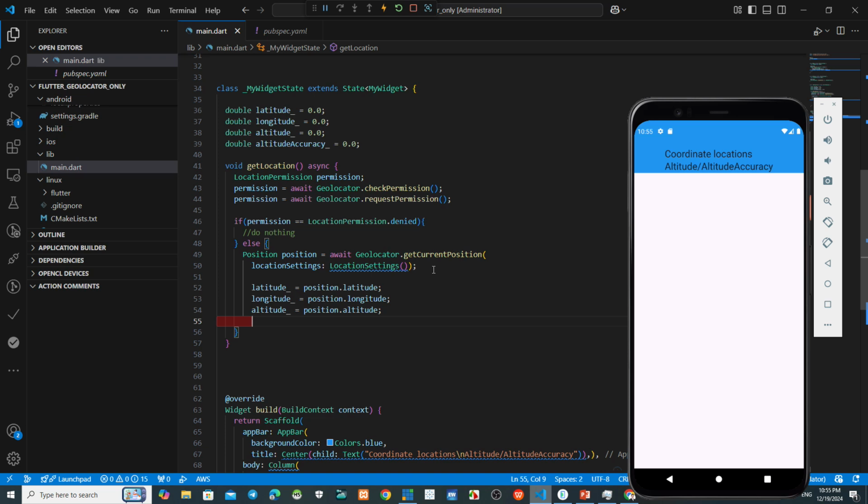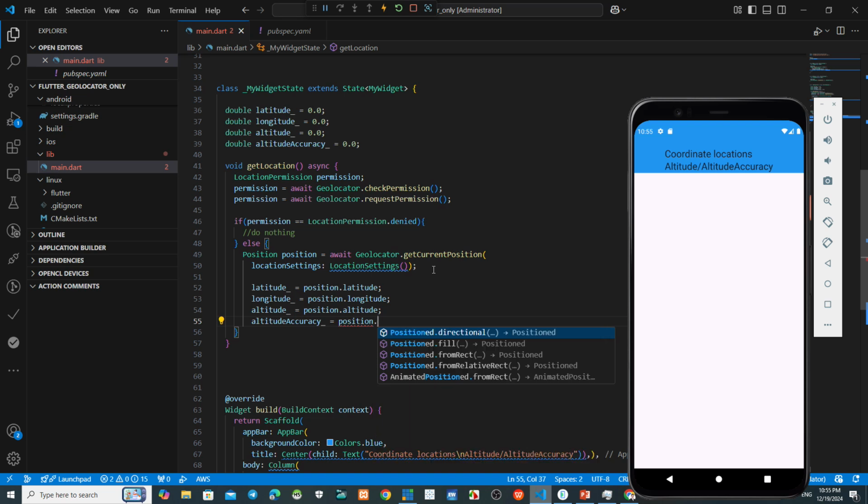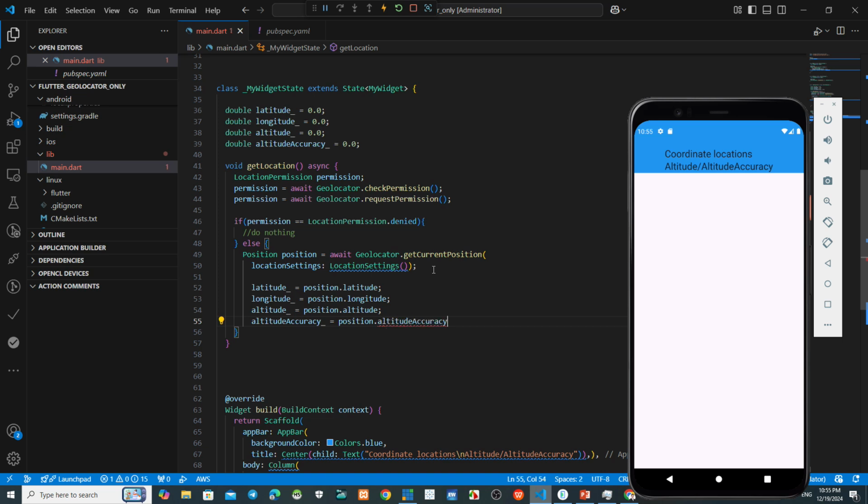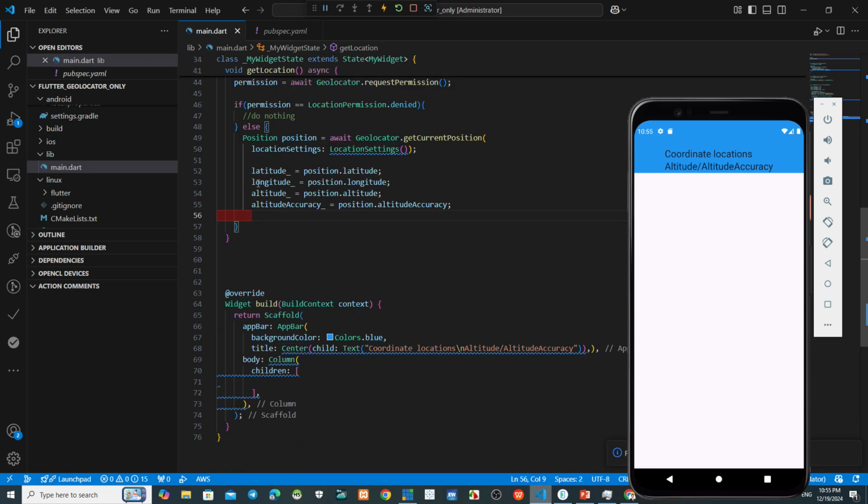Okay, the last one is altitudeAccuracy_ equals position.altitudeAccuracy. Okay, now we have 4 parameters here.